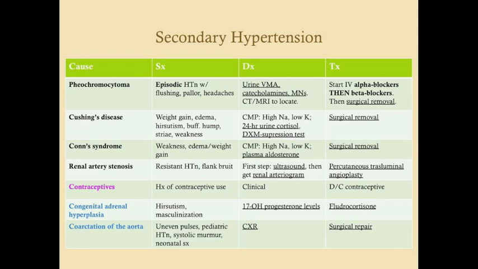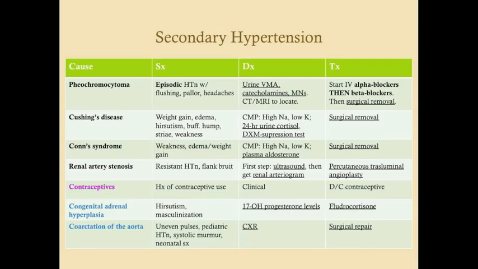That's going to establish your diagnosis. So if your urine VMA is high, then that's going to be diagnostic of pheochromocytoma. What you're then going to want to do is get a CT or MRI to locate the tumor, and then to treat these patients' hypertension, you want to start IV alpha blockers, and then once you've got it stabilized, then